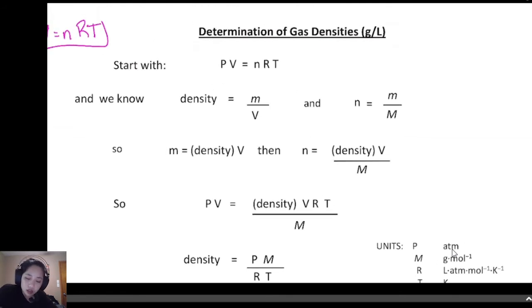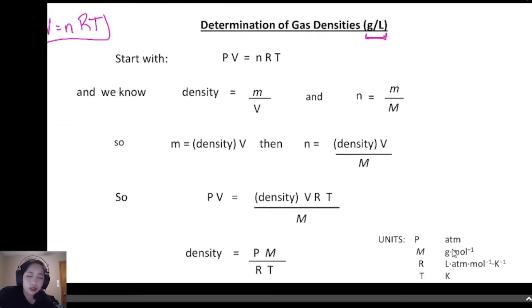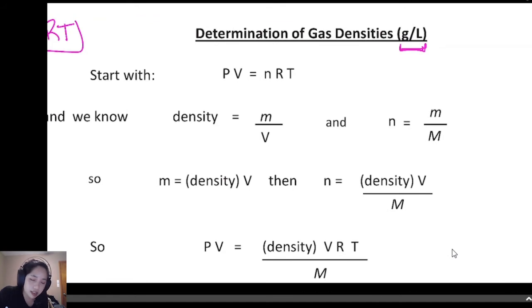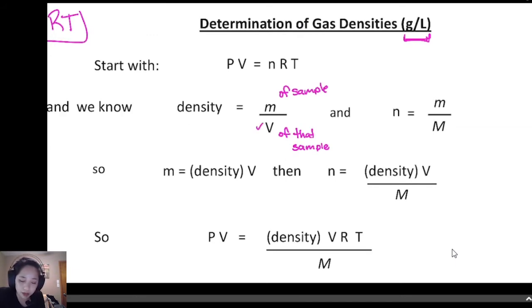So again, let's try to get a grams per liter type unit going, starting with the ideal gas law. So I have that here. If I want density, I know that the density of a substance is equal to the mass of a sample over the volume of that sample. So cool, I have one of those components in the ideal gas law. We have this volume component. There's a volume component in the ideal gas law. That's great. So what about this mass component? Well,